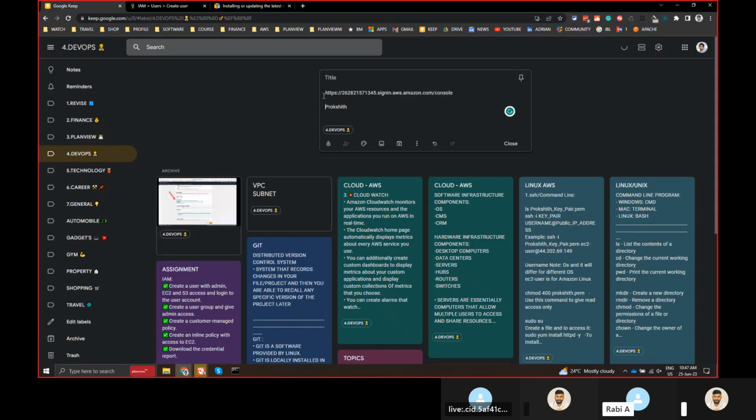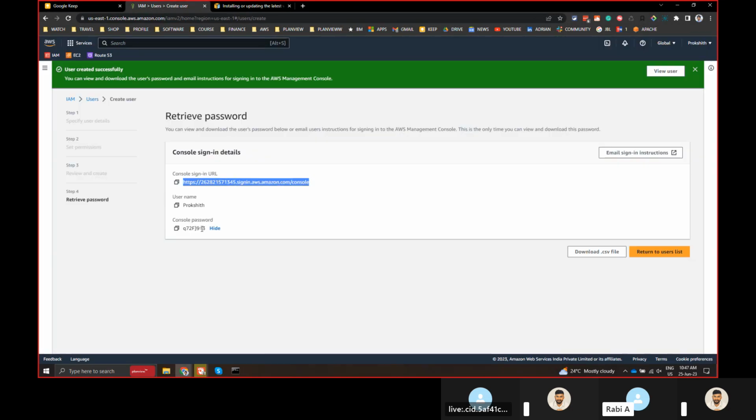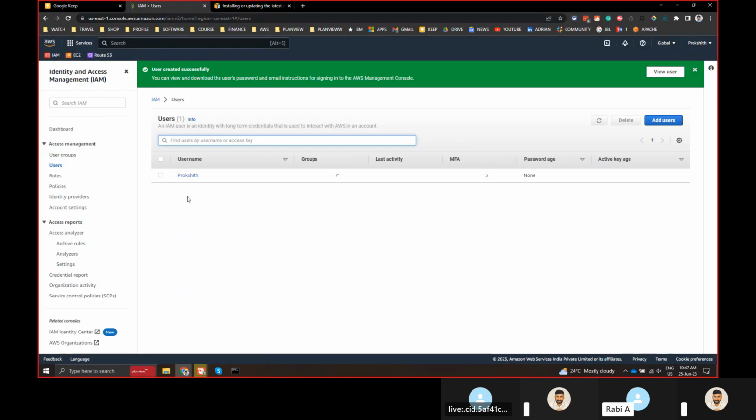Now you don't have to log into it. Once you have this, go back to your user. Click on your user, and we will need to generate your access key and secret key. To do that, you can click on the user,